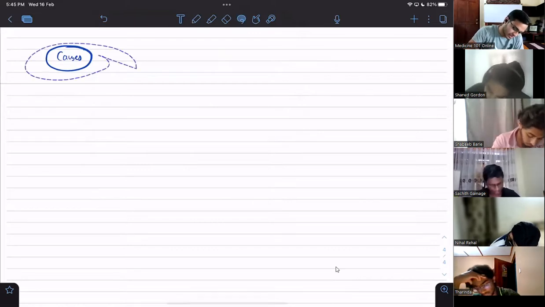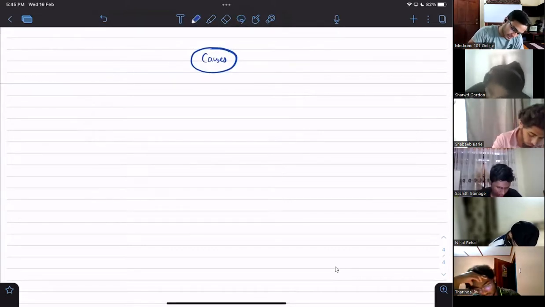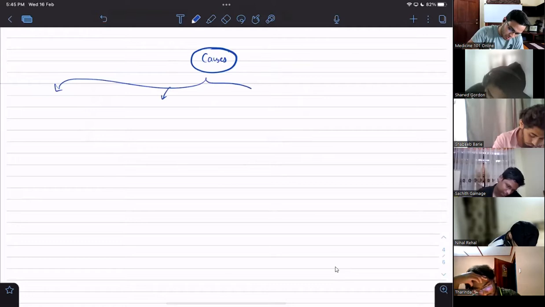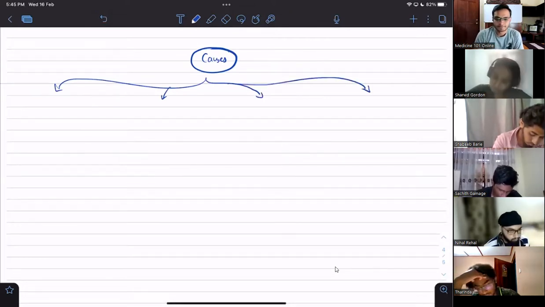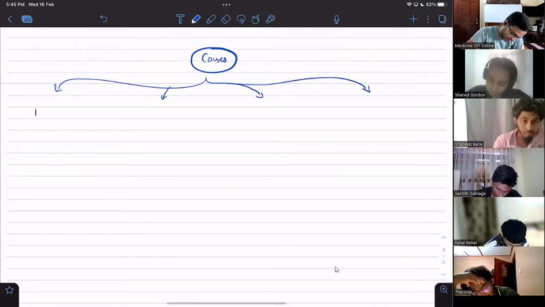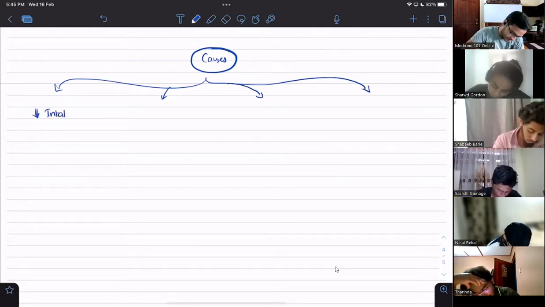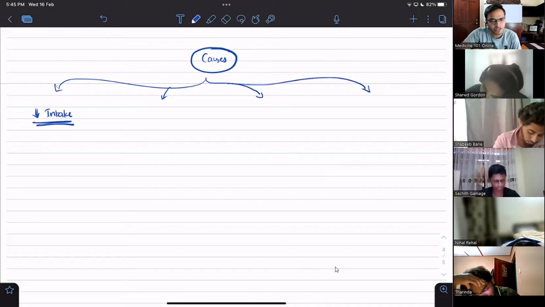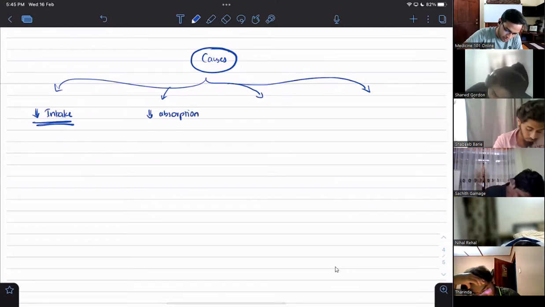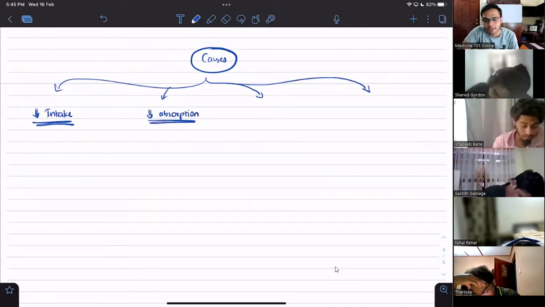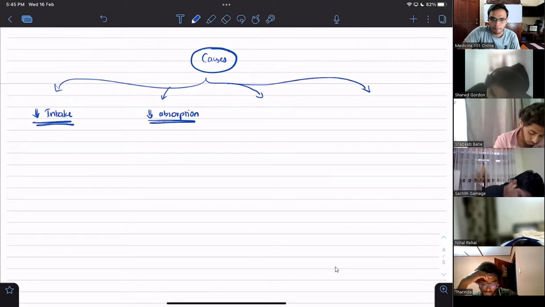Basically, we can break this down into 4 groups, guys. Write this down: 1, 2, 3, 4. First one, reduced intake. Obvious, no? Reduced intake of iron. The second one, due to some causes, reduced absorption. So the intake is good, the meal is good. They are not from a poor region, but they have problems with absorption. We'll see what that is.